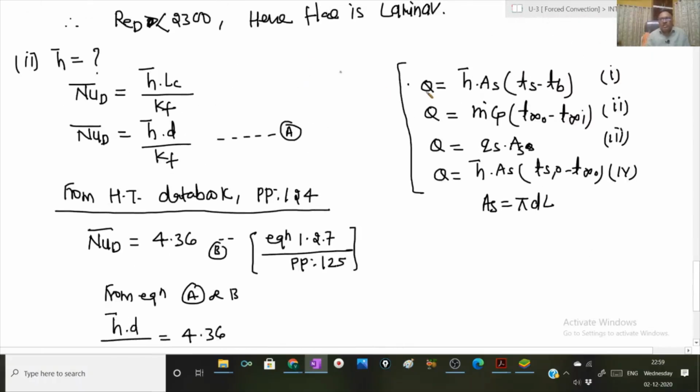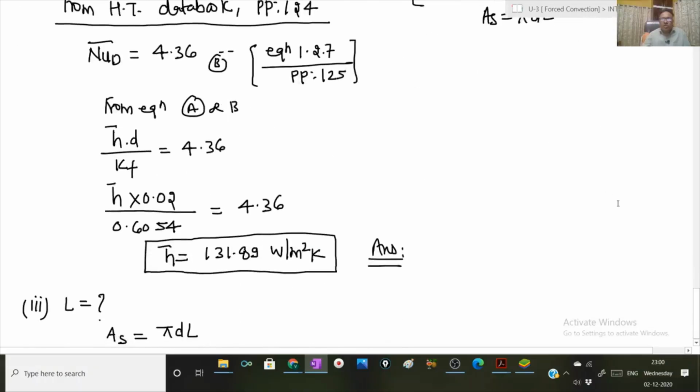Why do I recommend writing all these equations down simultaneously? Because whatever juggling or deliberation I have done, whether to select equation 1, 2, 3 or 4, that should be done physically. Don't do these deliberations or juggling of formulas in your mind. Write down these formulae on paper and then apply the logic: which formula can be used or cannot.